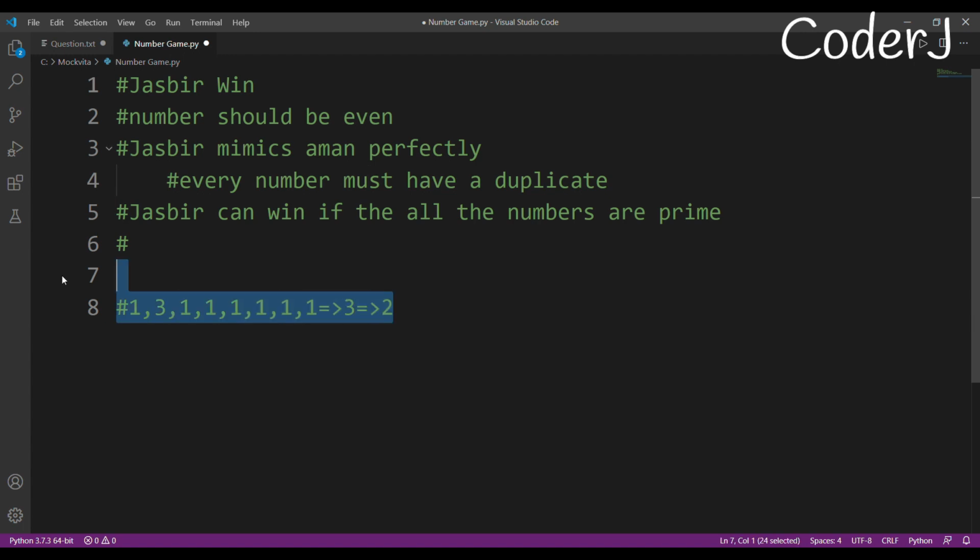Okay, so what I'm going to do is, I'll firstly remove all the ones, and after that I'll check all of these conditions. Okay, I hope now you have got it. But now let's move on to the interesting part, that is the coding part. I hope you are understanding what I'm trying to say, right? And if you have any questions, feel free to ask them in the comment section.